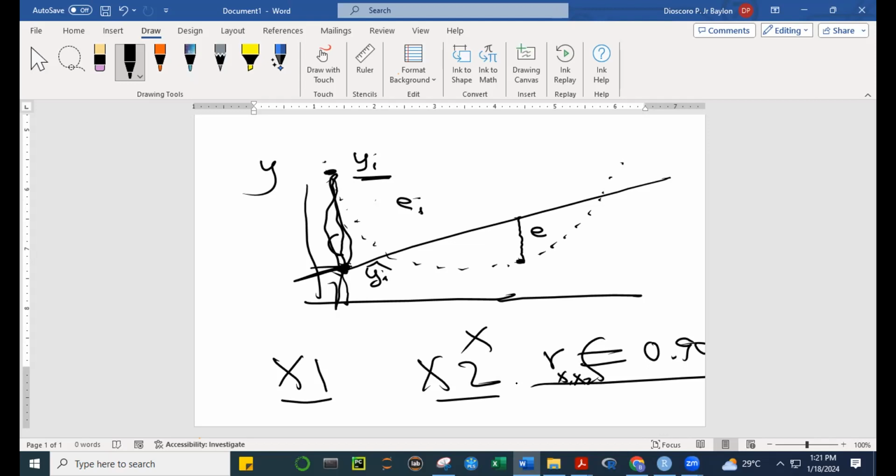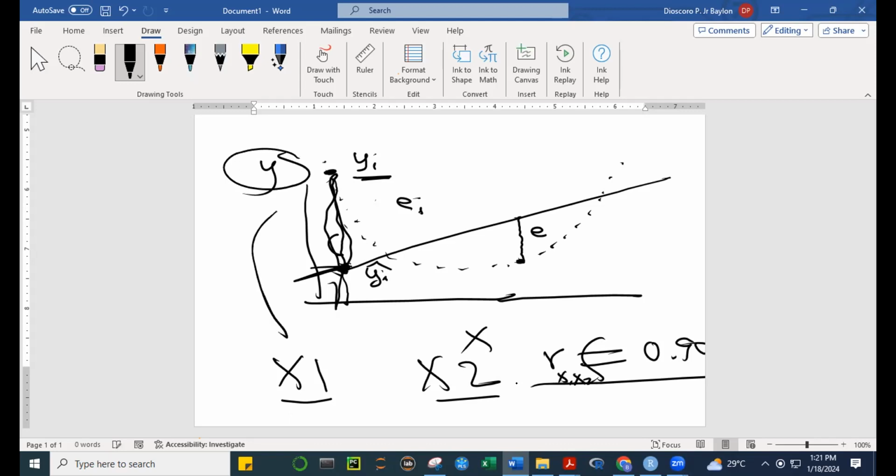Kasi nga, halos pareho lang sila eh. They're very correlated. So it's difficult for us to really disaggregate ano yung percent ng variation ni y ang dinidescribe ni x1, ano naman yung variability ni y na dinidescribe ni x2. So that's the reason why we do not